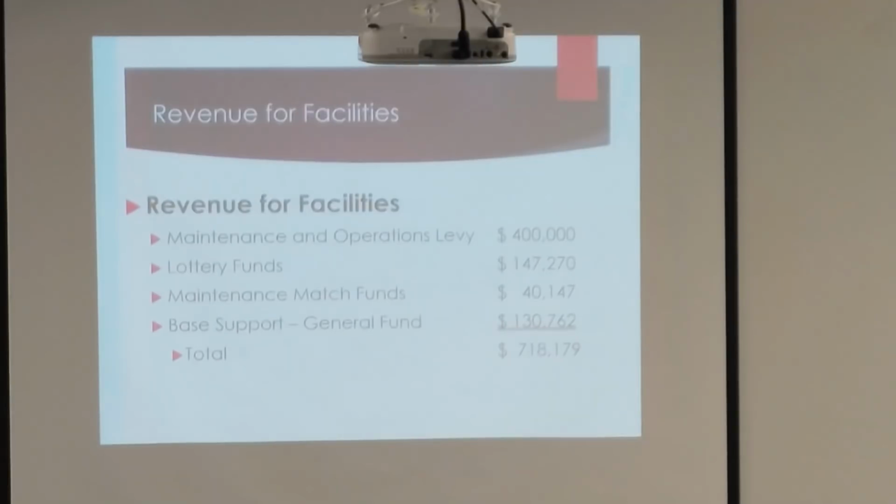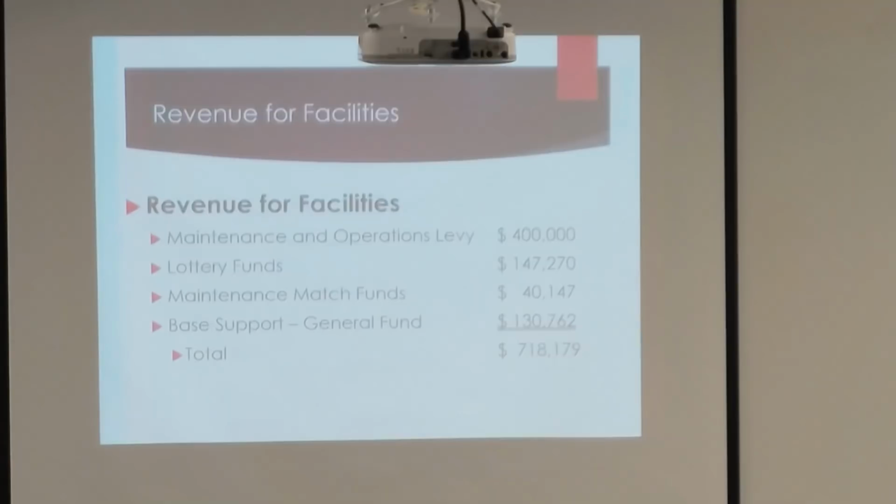Where does the money come from? That'd be the next question. So in our current budget, we have a maintenance and operation levy that we put $400,000 in. For the past few years, we've been funding about $400,000 in our maintenance and operation levy to help cover the cost of